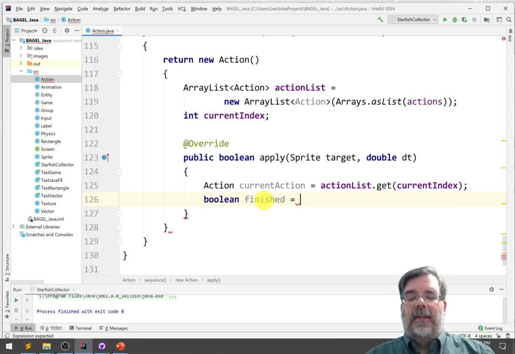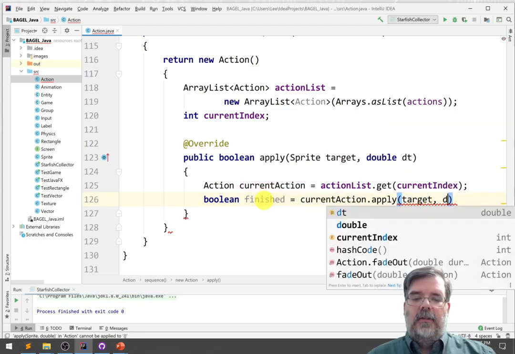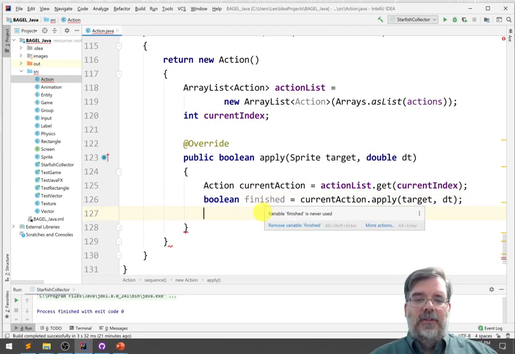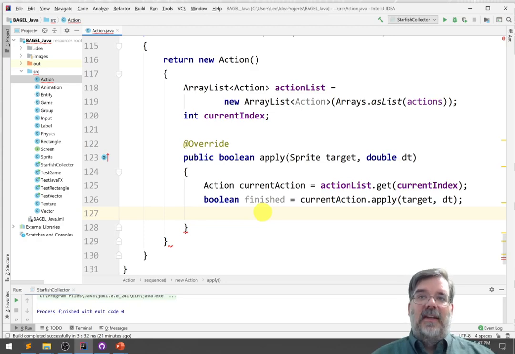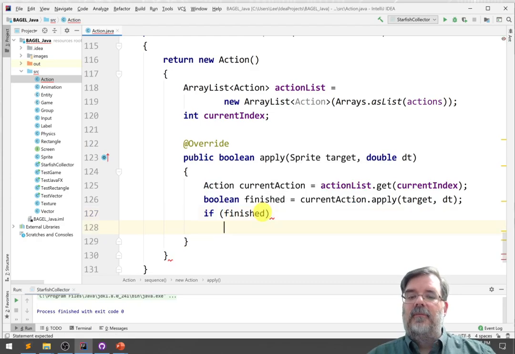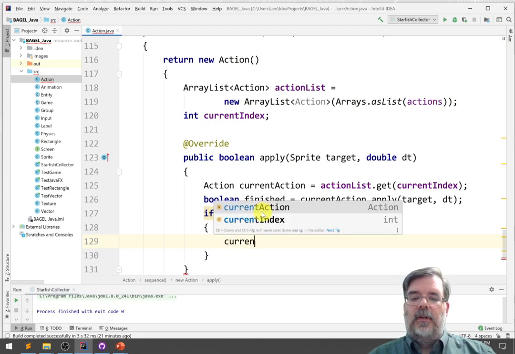We're going to apply that action. So currentAction.apply, apply that to the target. And if it's finished, we're going to want to move on to the next index. And so if finished, we can say currentIndex